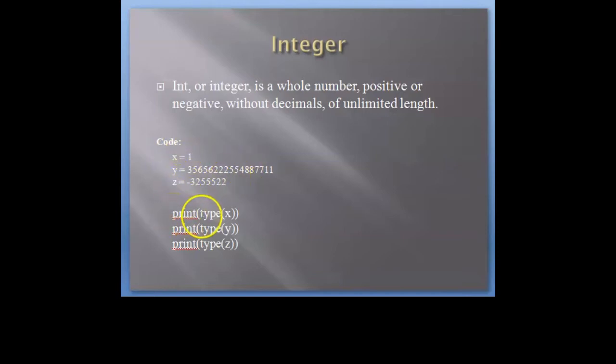The type function in Python is used to check the data type of a variable. If we write print type of x, this code will check the type of x, meaning which type of data the x variable is holding, and the print statement will print that on the screen of your PC. So in all three cases Python will give us the output that the given variable is integer, because all these three are integers.